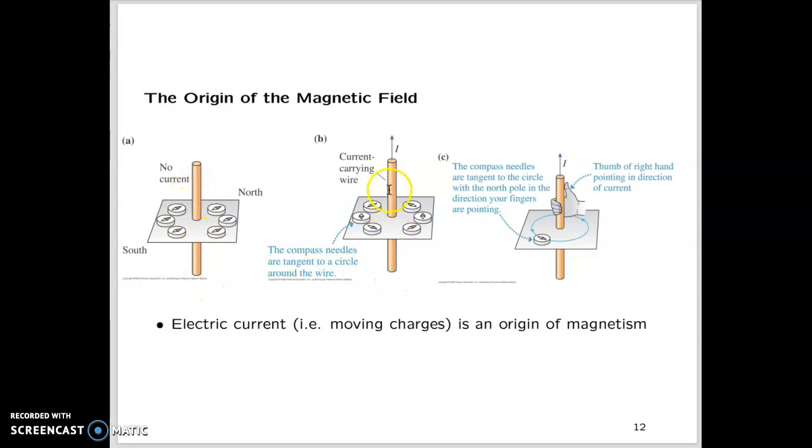But if you pass a current through the wire, something happens. These compass needles forget all about the Earth's magnetic field, and they will tend to line up in a completely different way. In fact, you'll see this kind of circular pattern of the orientations of the compass needles. And what that's indicating is that